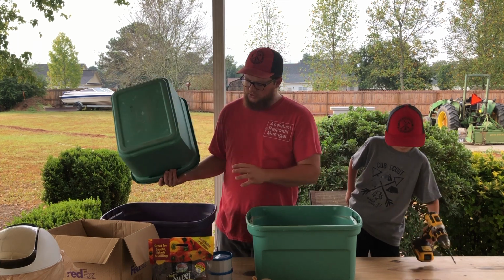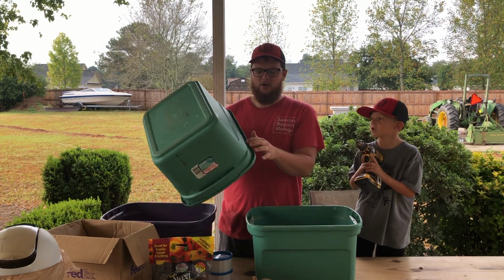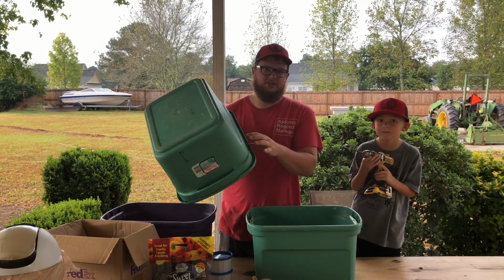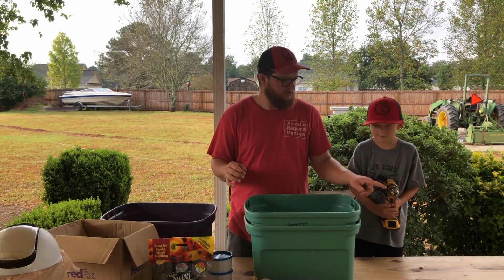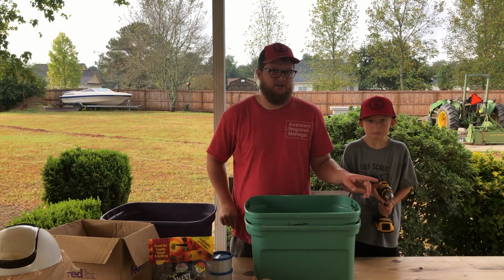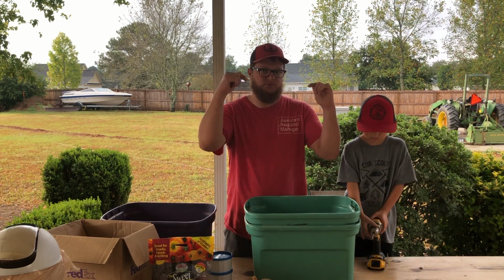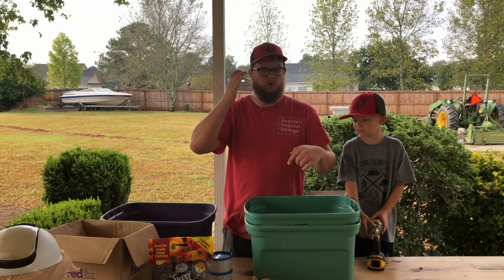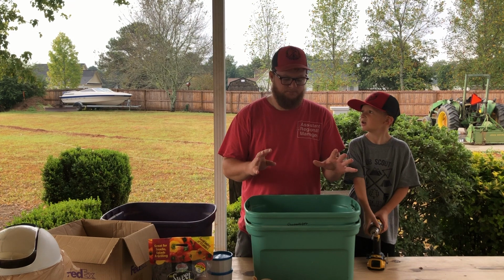And then we're going to drill a little bit of holes across the top to allow some ventilation. That's right, Brody. So let's go. I think I'm gonna get a smaller drill bit because this doesn't look like a 1/4-inch. I just grabbed it out of the 1/4-inch bin, but I think it's a little bit big. So we're gonna get the right size drill bit because we don't want the worms going out of the bottom,